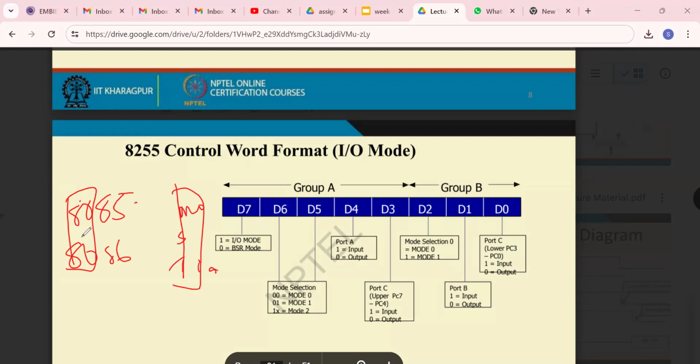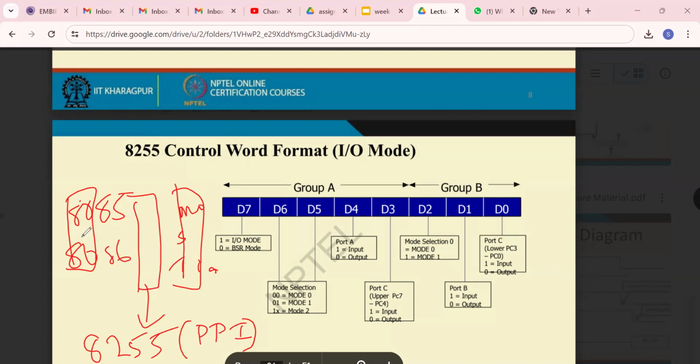So I need one interfacing IC, and that interfacing IC is nothing but the 8255. The name of 8255 is PPI, Programmable Peripheral Interface IC. Mainly this 8255 is used to interface the processor with the